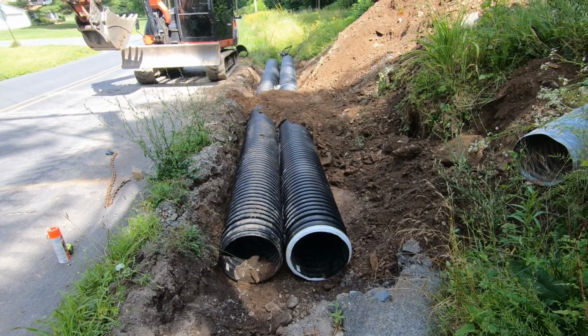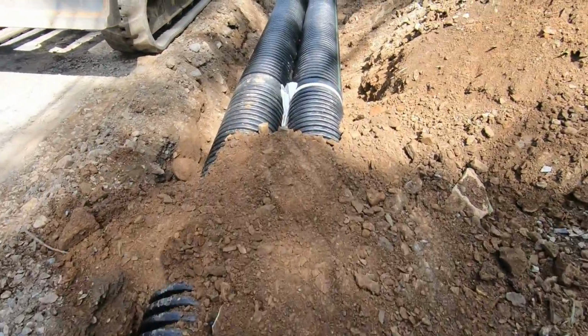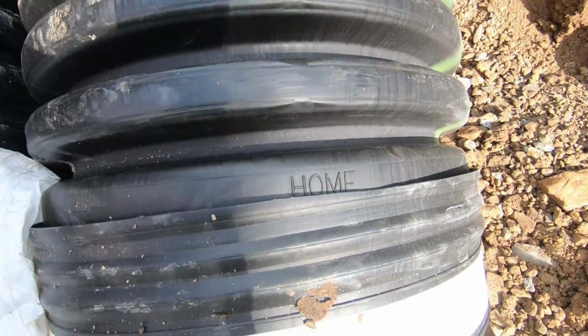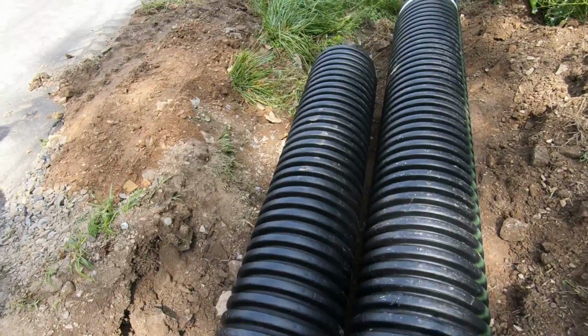There you have it. Both homed, set. When you're putting these pipes in, you gotta make sure, so they've got a bell end. And the bell, they're all stamped with a home line. So you gotta make sure the home line